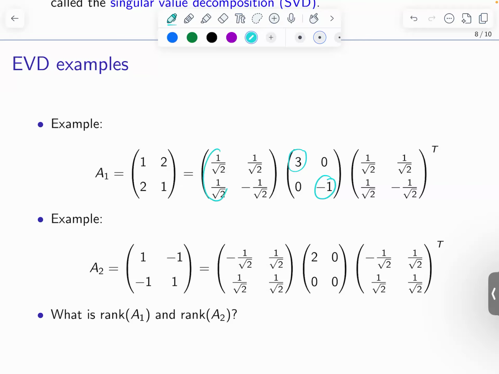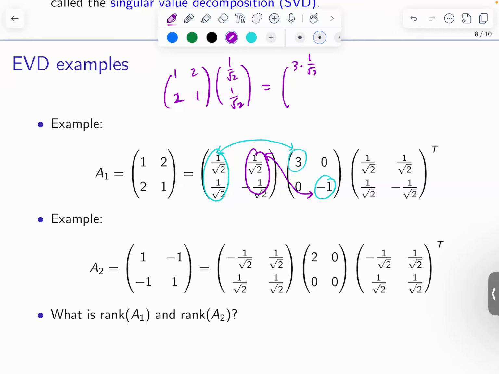The key is that this is going to be the eigenvector associated with that, and this is going to be the eigenvector associated with this. I can easily verify that. For example, the claim is that the first column, 1 over root 2, 1 over root 2, is an eigenvector of A. So if I multiply, I get